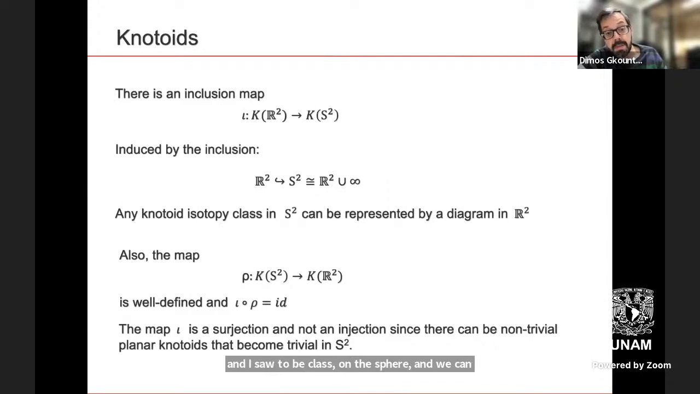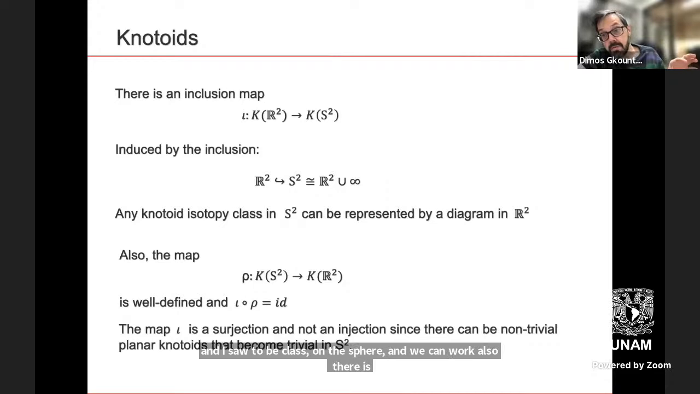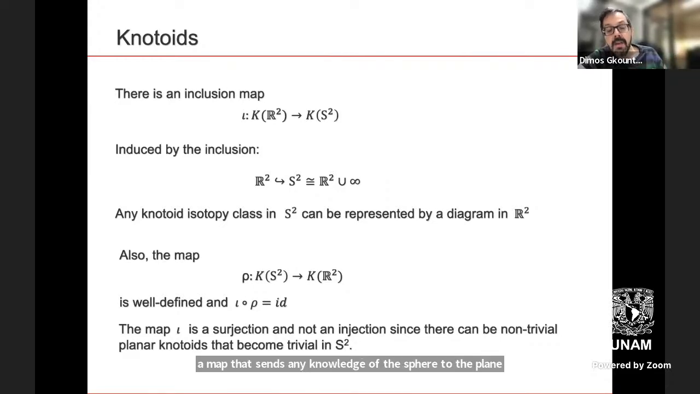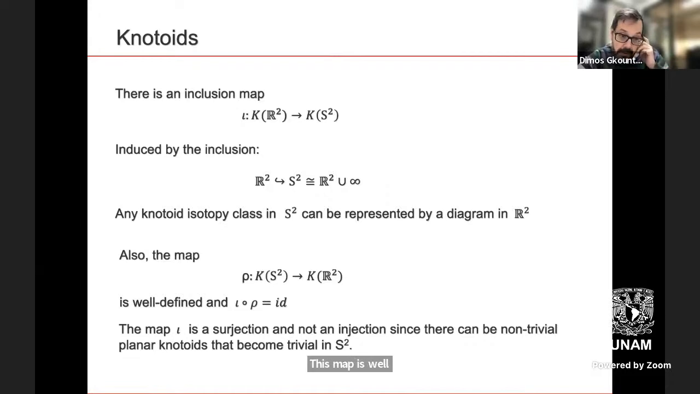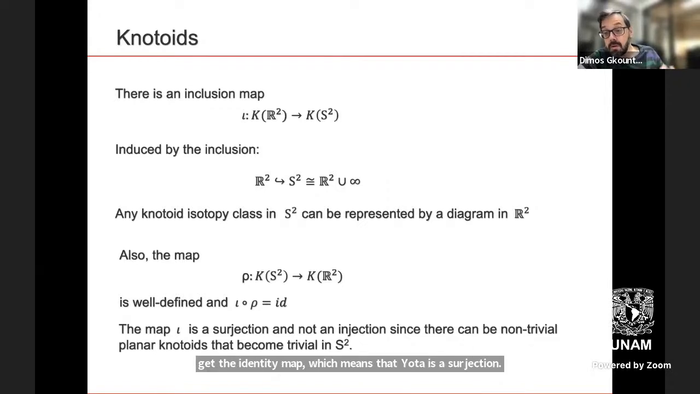This represents very well an isotopy class on the sphere, and we can work quite well with that. Also, there is a map that sends any knotoid of the sphere to the plane. This map is well defined. And if we take the composition of the inclusion map and this map rho, we get the identity map, which means that iota is a surjection, it's not an injection. And the reason for that is that we can find several non-trivial planar knotoids that become immediately trivial when we look at them as knotoids on the sphere. And I will have an example like this